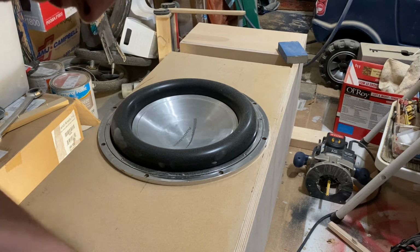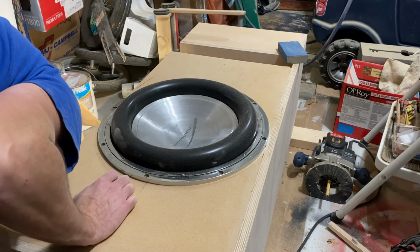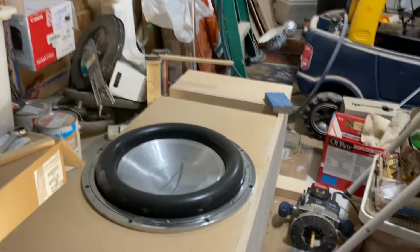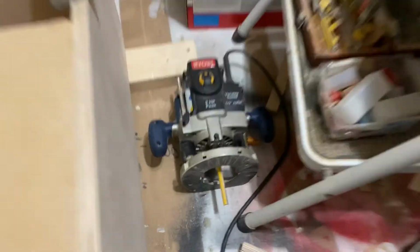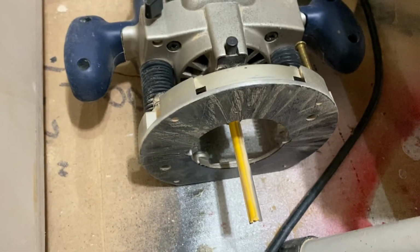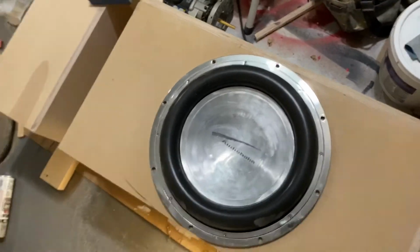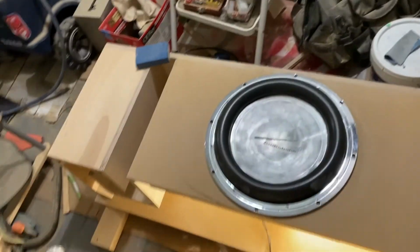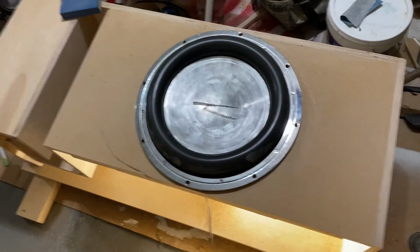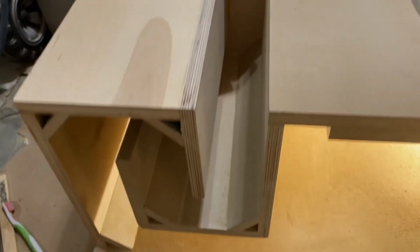I did a lot of adjustment with the router, with this bit here, which was the one I bought on Amazon. For this purpose it worked very well, but for plunging, it's not good. For just trimming edges, it was great. But anyway, there's the box. It's a scrap wood box. I know I probably broke every rule in car audio box building, but it is